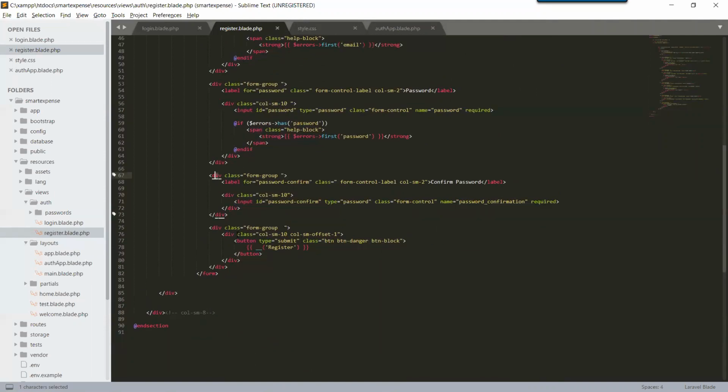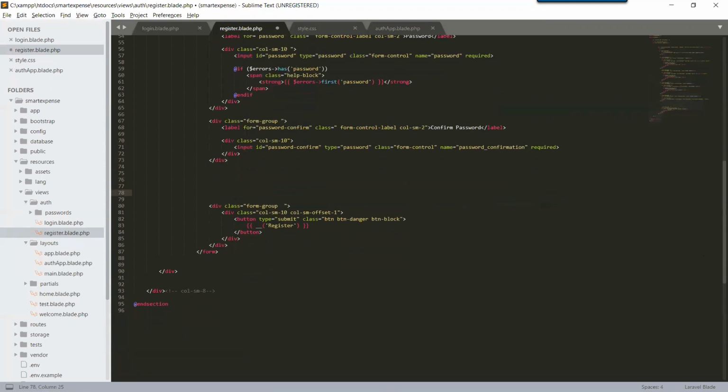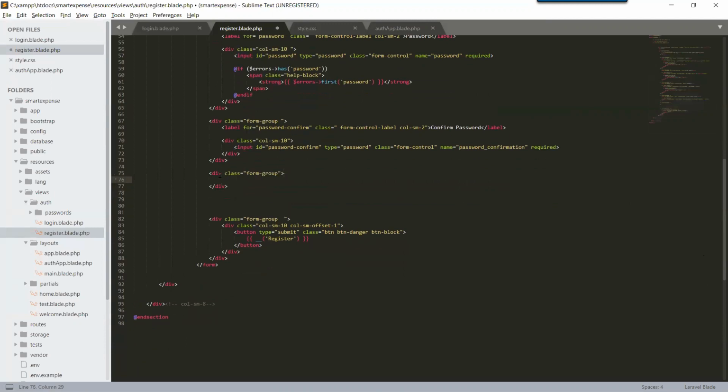Okay, after confirmation, div class, let me create for our country. So we require a form group, div form group, and under that form group we require a label, which is for country,